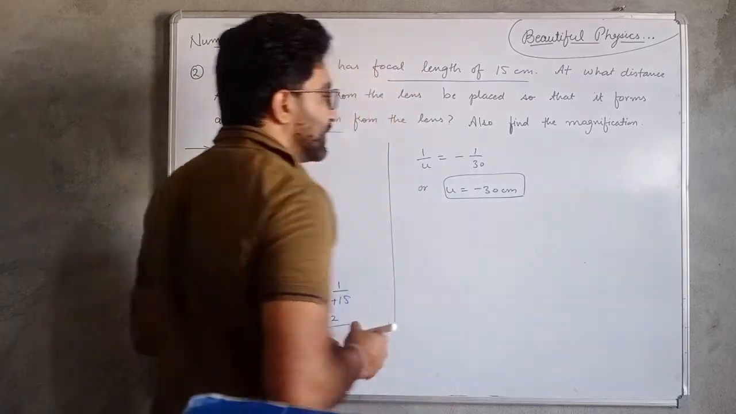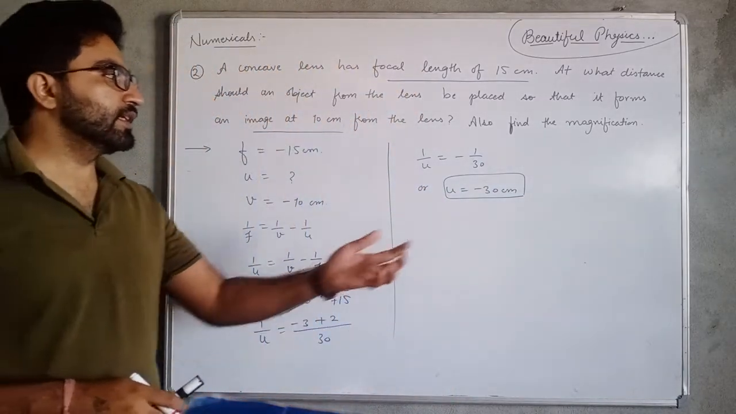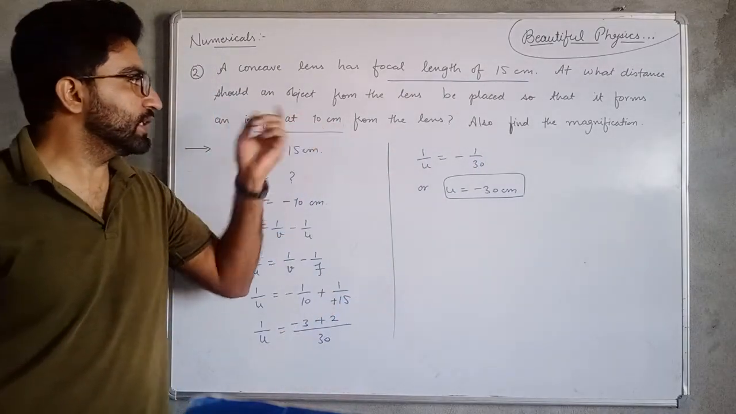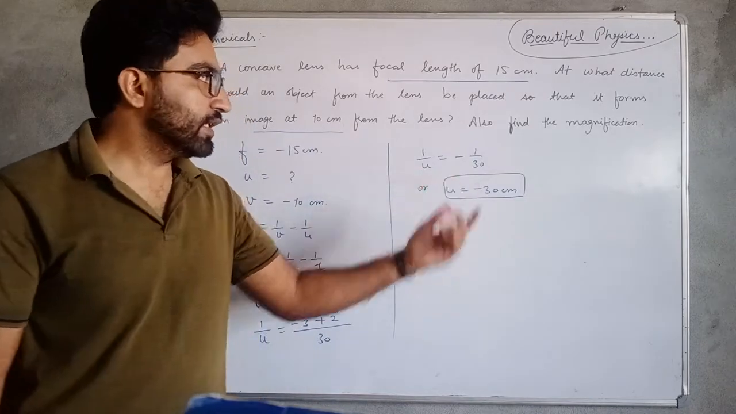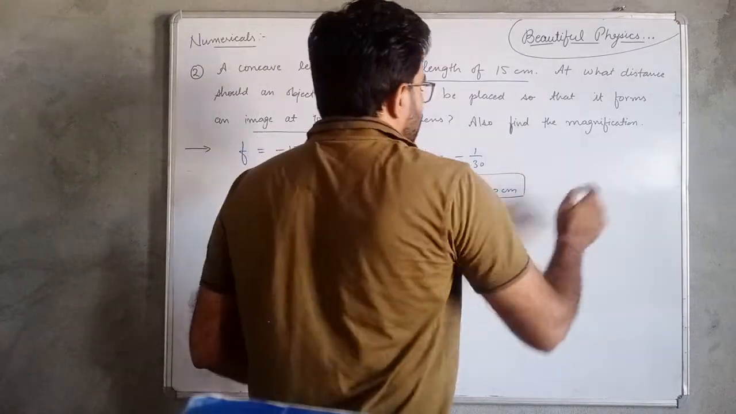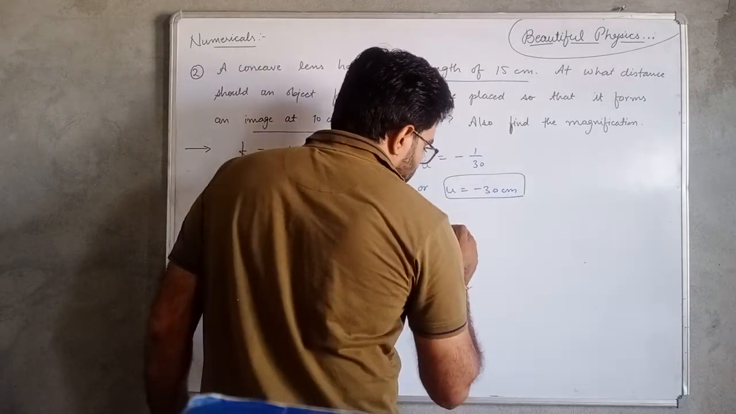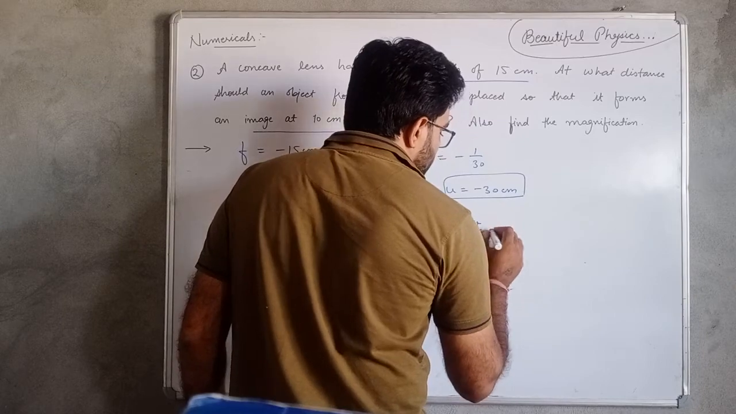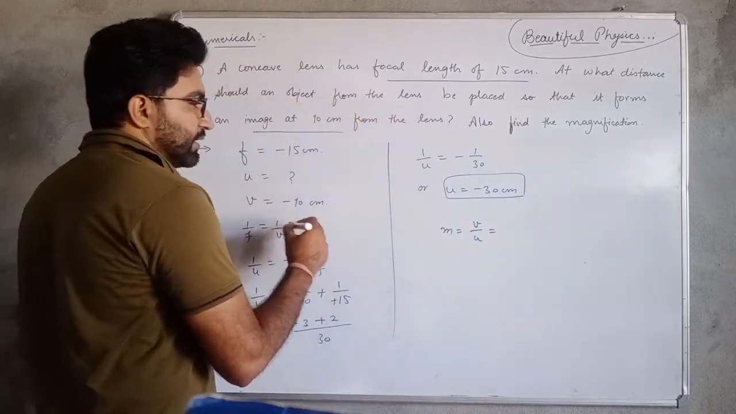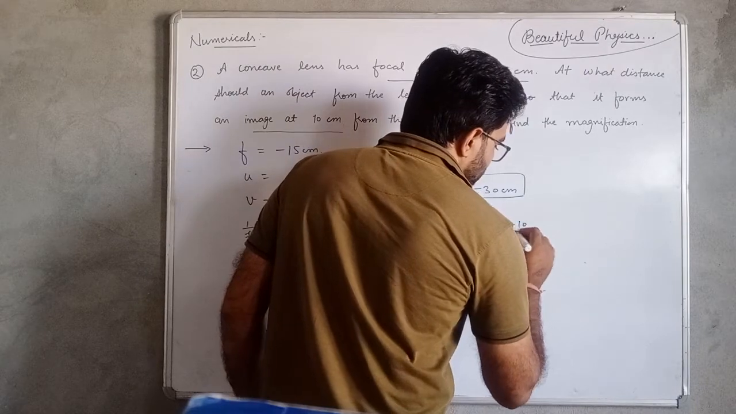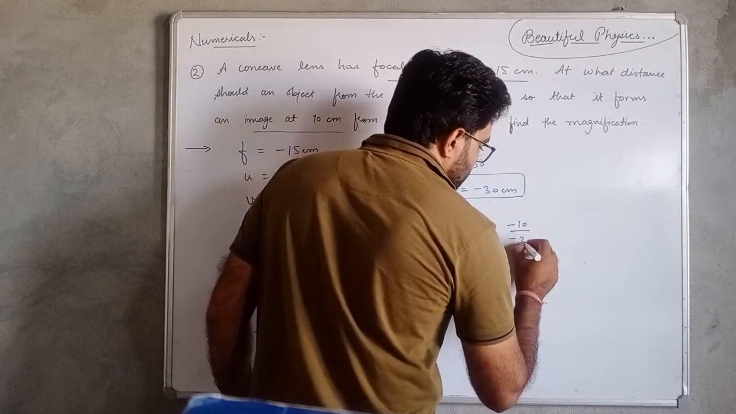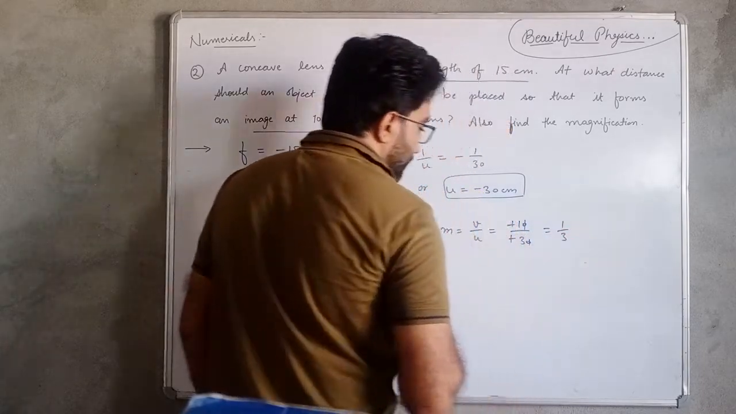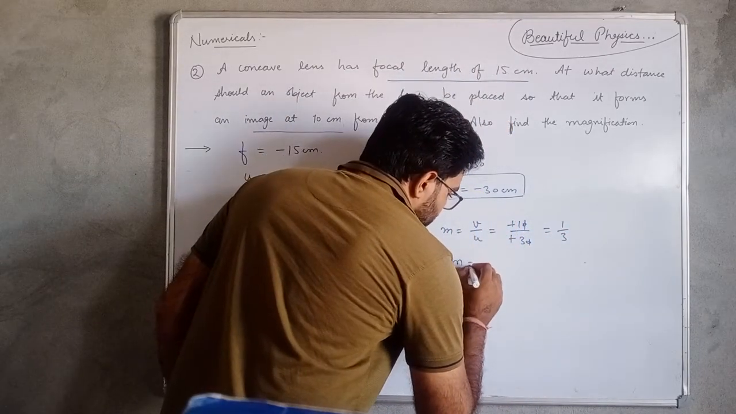It means when the object is placed at a distance of 30 centimeter towards the left side of the lens, the image is formed at a distance of 10 centimeter from the lens. Also we have to find out the magnification of the lens, and the magnification m is equal to v by u. The value of v is minus 10 and the value of u is minus 30. It is 1 by 3, or m will be equal to